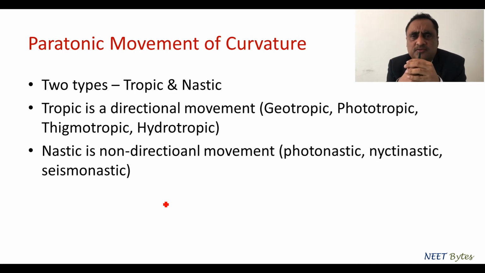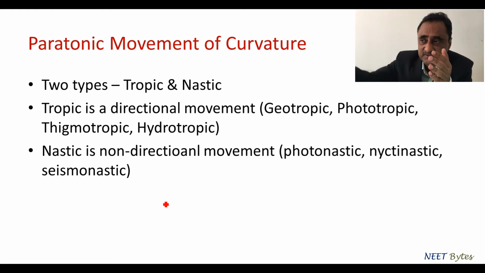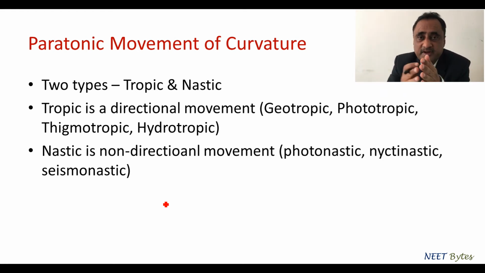On the contrary, nastic movement is a non-directional movement. For instance, there are certain plants in which during the day the leaves open and during the night they close. But here the opening and closing is not in the direction of night or day. It is independent of the direction. Even if the light is coming from this way or that way, every time it will open, and during the night it is again going to close. So whenever the movement occurs independent of the direction of the stimulus, we call it a nastic movement.